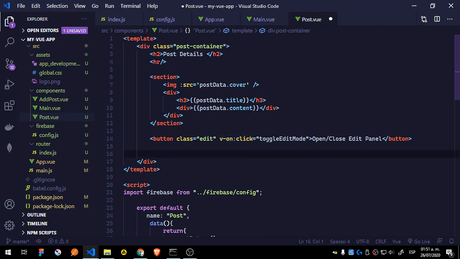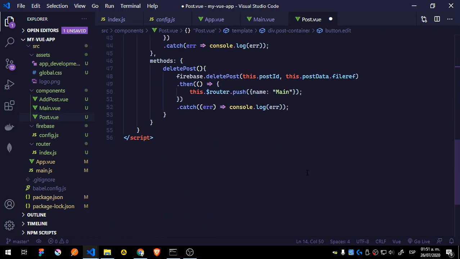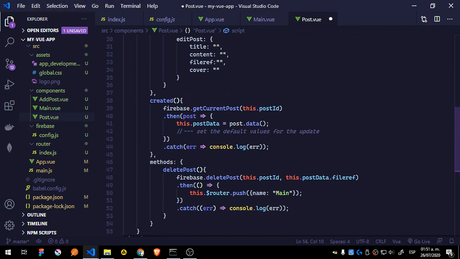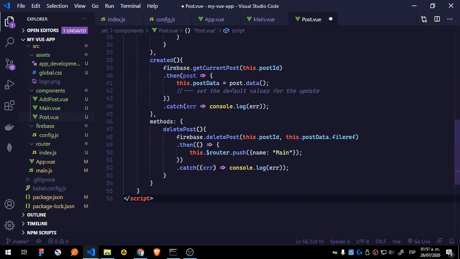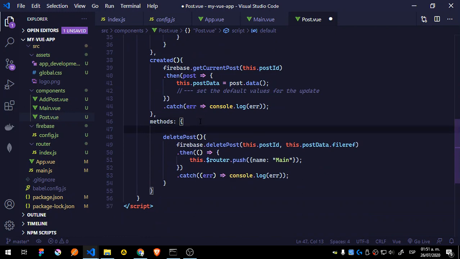so this is going to trigger on a click event the toggleEditMode, which I don't have here. Let me just add it. So this should open or show us the form that will allow us to edit. So let's just go to methods and add it here. Let's say toggleEditMode,